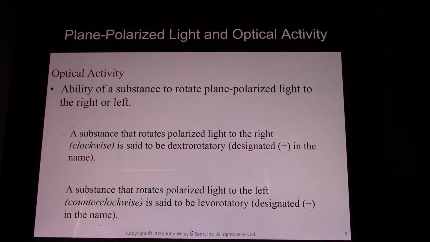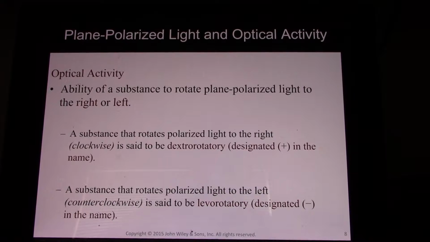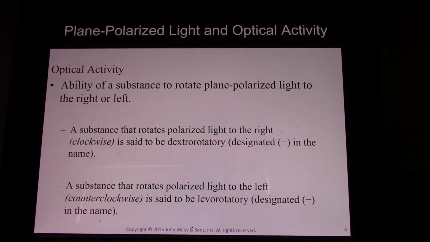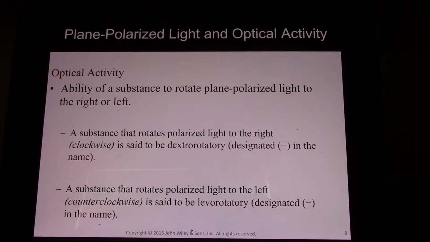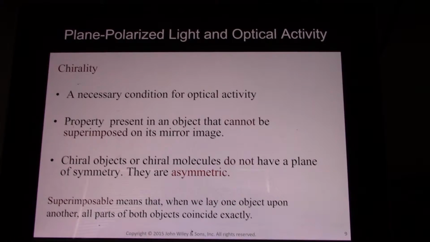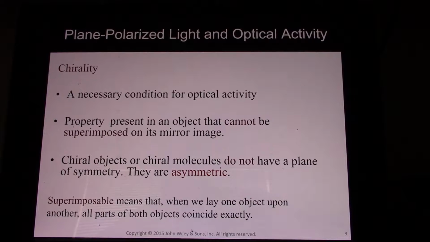If it rotates light to the right, it gets named dextrorotary, and it's D. If it rotates light to the left, it's levorotary, and that's L. And again, D is also positive, dextrorotary is also positive, levorotary is also negative. Chirality. Chirality is a necessary condition for optical activity, and it is a property present in an object that cannot